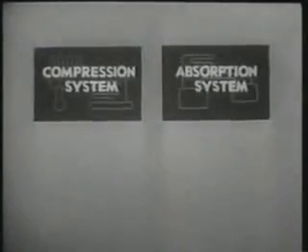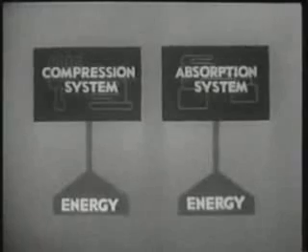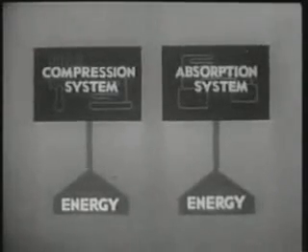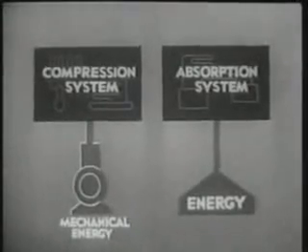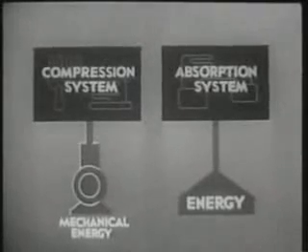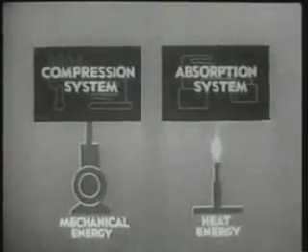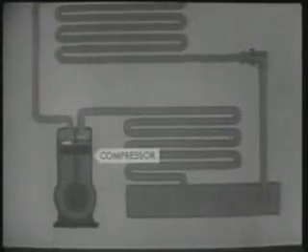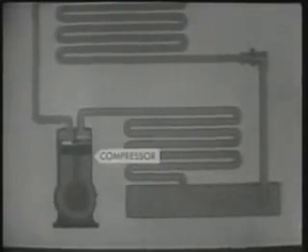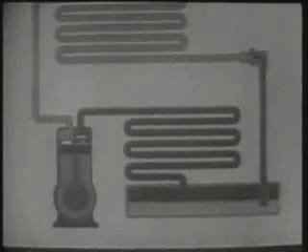There are two principal refrigerating systems, the compression system and the absorption system. The basic difference between them lies in the source of the energy that drives them. The compression system operates on mechanical energy produced by a motor-driven compressor. The absorption system uses heat energy supplied by a flame or some other source of heat. The compression system, activated by a compressor, will be described first. It is divided into the high and low pressure sides. The high pressure side is that portion of the system through which the refrigerant travels under high